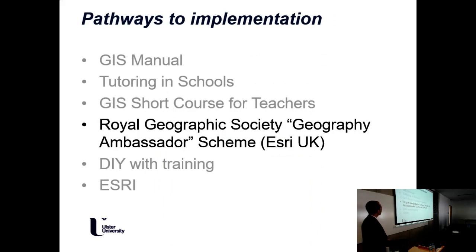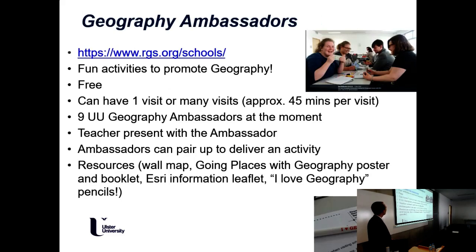Fourth one is Royal Geographic. Ursula is the only person with a t-shirt, but Royal Geographic Society is a huge scheme that's funded by Esri, and Esri are the global brand for GIS. They are a multi-million-dollar industry, and they fund this Royal Geographic Society. It's a fantastic opportunity for our students, it's fantastic for you, but it's designed to promote geography as a fun